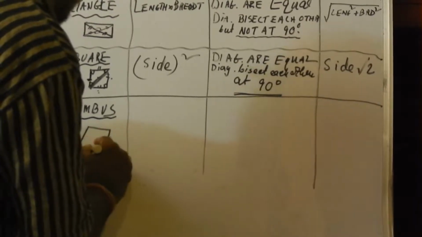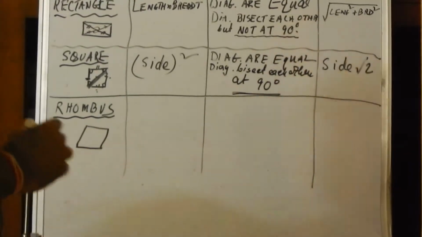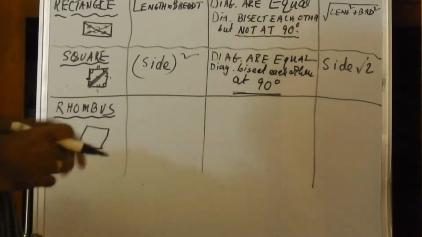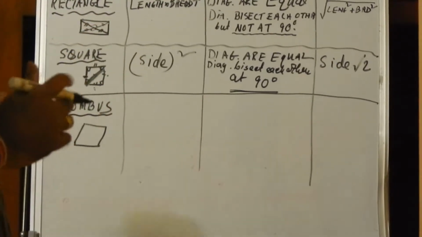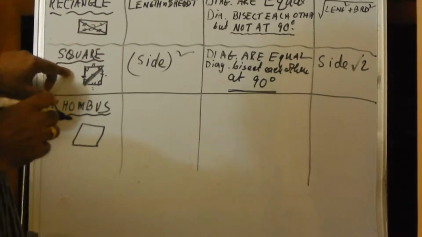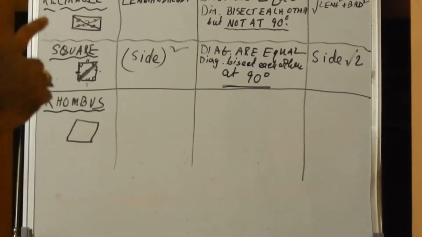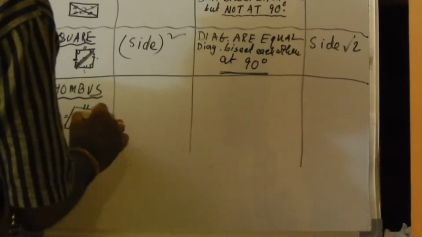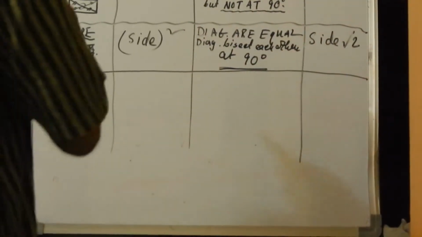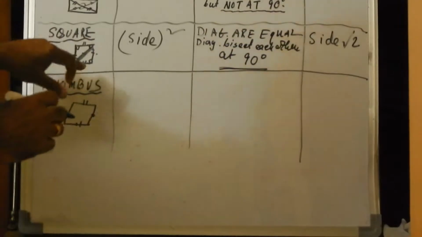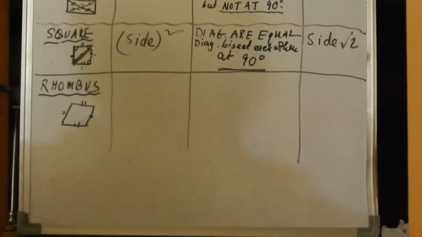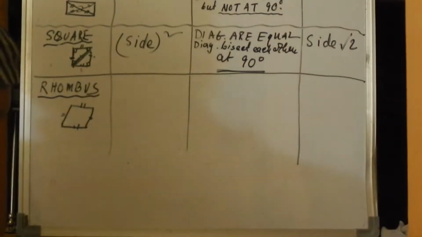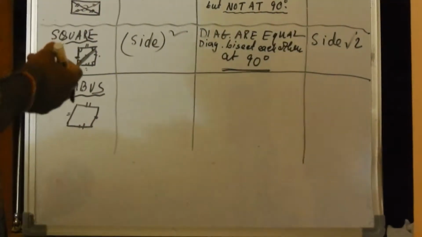Like square, the sides are equal, but no angle is 90 degrees. So it has similarity with the square in only one respect. And what is this? The sides of the figure are equal, like square. But in square, what did we get? Each and every one of the four angles is 90 degrees. But here, no angle should be 90 degrees.